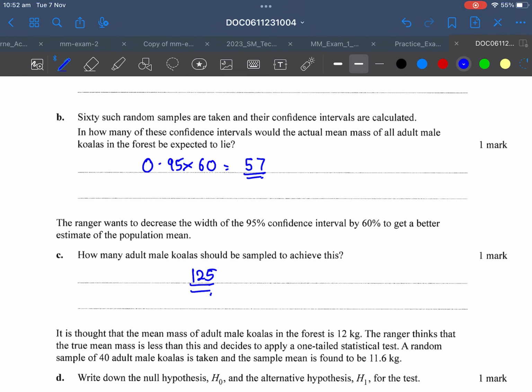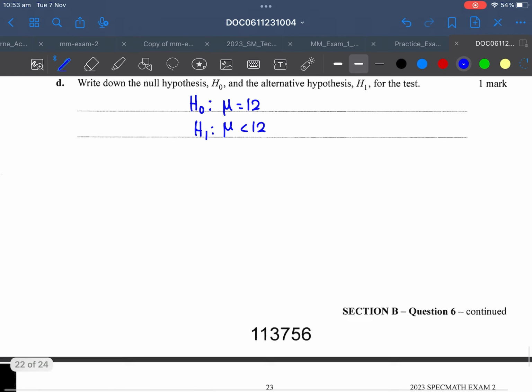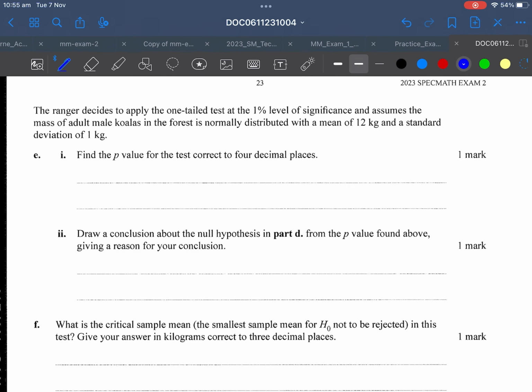Do we have to write units? No, we don't have to write units here. Okay, and H1 is going to be mu less than 12 because 11.6. Okay, moving on. So the ranger decided to apply a one-tailed test at 1%